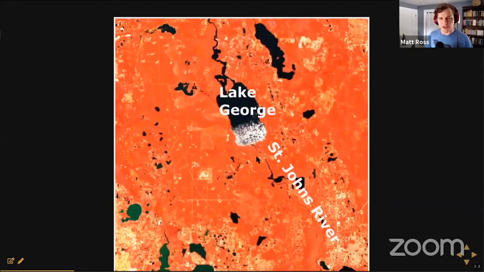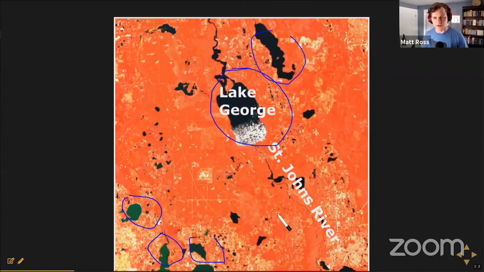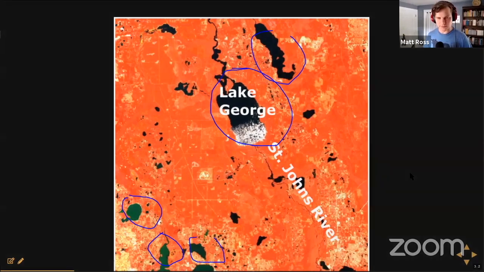So more simply, you can just think about this from an image over Florida. Florida has a huge variation in lake color. At the bottom left of this image, down here, we have a bunch of lakes that are algae bloom rich. And then up to the right, we have more CDOM, DOC, dark lakes. And there's just a large variation in this color. And these images tell us something about the concentration of these constituents in these lakes.